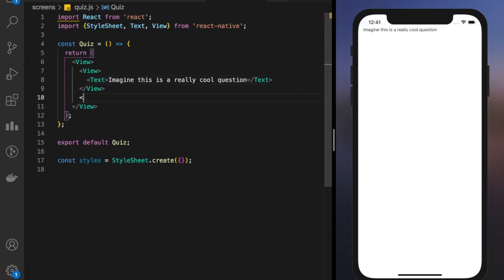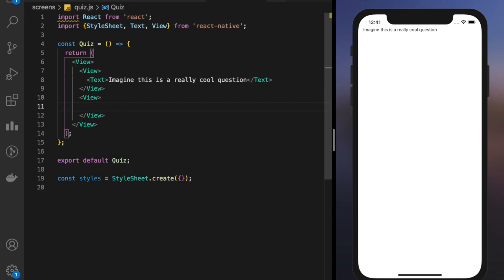And then we have another view which will contain my options. You can create a single style for your option, but this is not a very large application, so I'm going to create it here only. I'm just saying text, option 1. Let's call it cool option 1, and replicate it 4 times.